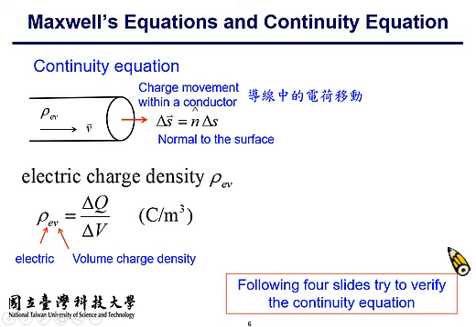In the next following four slides, we try to verify the continuity equation. That is, the divergence of J must equal the negative of the time derivative of charge density. So we begin with